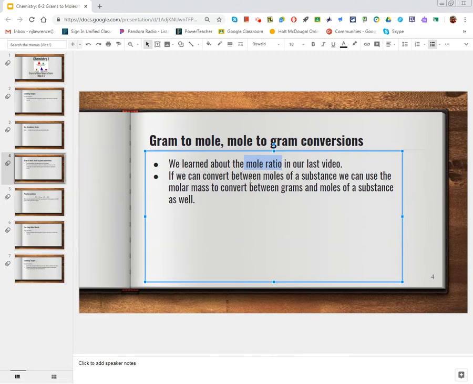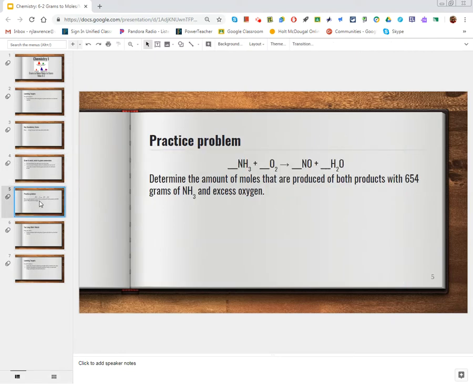So if we can convert between the moles of a substance, we can now use the molar masses to convert between the grams of one substance to the moles of a new substance just as well. So here's a practice problem. I'll read the problem to you. Those of you who are feeling comfortable from the last video 6.1, pause it and try it on your own. Those of you who do not feel comfortable yet, just watch me show you how to do it with my